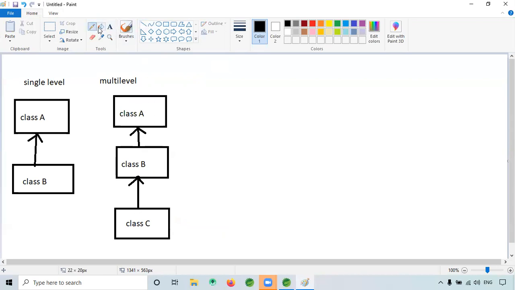So C can access whatever is there in B and whatever is there in A. For class C, class B is the father and class A is the grandfather. Because of that, C acquires B and A. Now B can access A, but it cannot access C. Like grandfather, father, son: the son is able to access the properties of both father and grandfather.